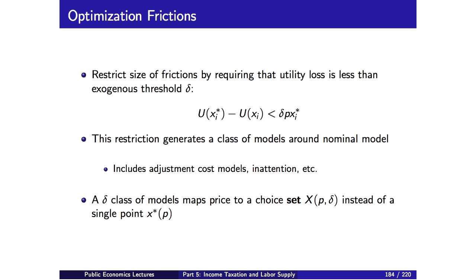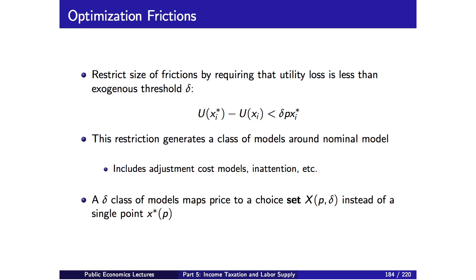So the idea is that many standard models of frictions, like dynamic models of adjustment costs, are going to generate this type of behavior where you might deviate from the optimum, but you won't deviate too far. And the logic is, to take a specific example, suppose the adjustment cost is 1% of consumption, you will never choose a level of consumption that generates a utility loss of more than 2% of consumption, because you can always switch to the optimal level of consumption and switch back to where you were before by paying the adjustment cost twice. So there's no possible way, no matter what the parameters of the model are, that you will stray beyond that 2% threshold.